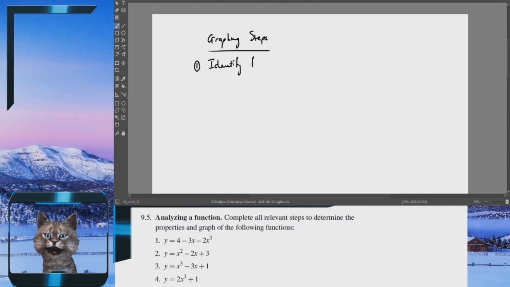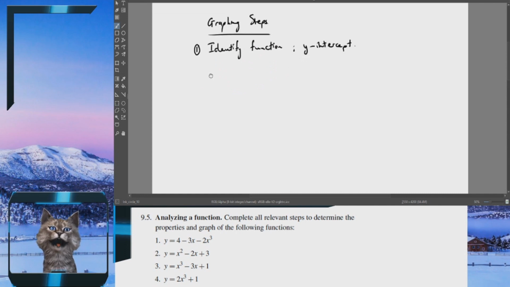specific type of function. And maybe I'll find a Y-intercept. By identifying the function as a polynomial or a rational function, I'm able to just predict certain steps are going to be easier than others, certain areas I need to watch out for in the analysis, just a little warm-up step to get me into what this function is about, what I see, what I think. Even if you conclude, no, I have no idea, I don't know what to expect, it's still a good thing